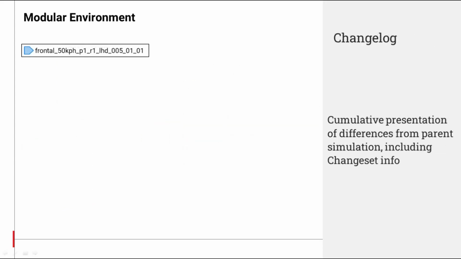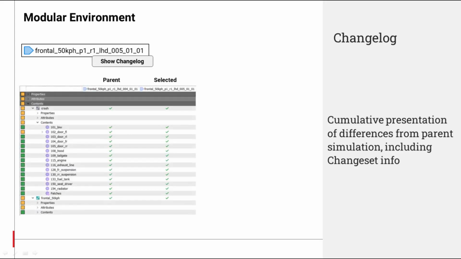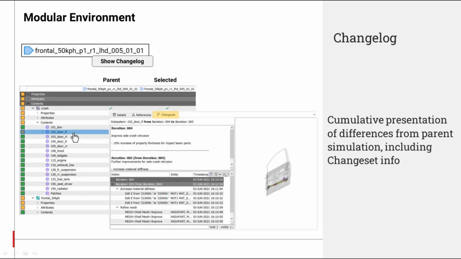A new function labeled Show Changelog is available on single selected items, offering a cumulated presentation of the difference between the selected object and its parent. This new function is equivalent to running Compare Containers by selecting the DM object of interest and its immediate parent. In addition, a new bottom tab in the Compare Containers view displays the complete change set history between the selected differences.